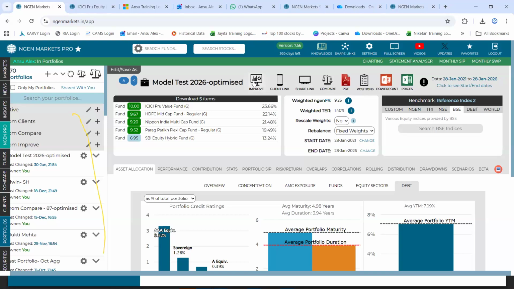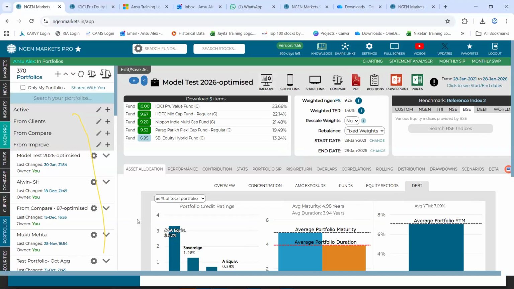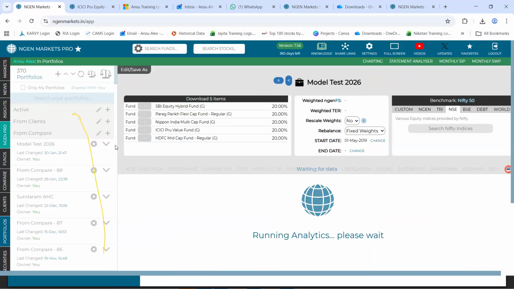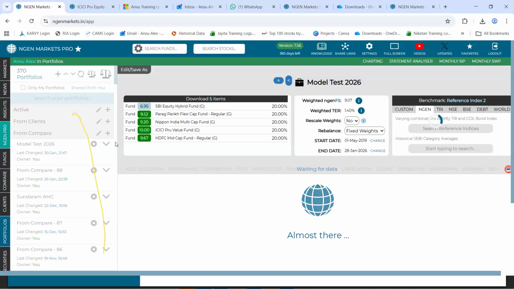Yes, I mean, as I mentioned, just a minute, I'll just improve the portfolio. You said that one is a balanced approach and the second is based on rank. So I just wanted to understand, what is the basic difference between the two approaches?